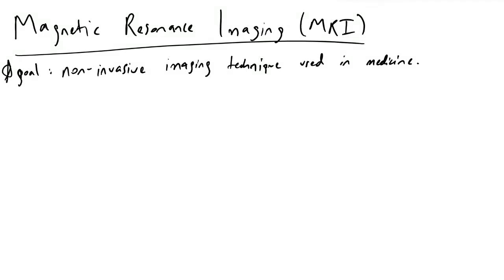Magnetic resonance imaging, or MRI, is a non-invasive means by which radiologists in hospitals and scientists in labs are able to non-invasively image life. And it's a very widely used technique. If you've ever been to a hospital, if you've been in a car accident, or if doctors need to determine if you have internal bleeding or head traumas, MRI is an extremely powerful tool that's used to deduce information and